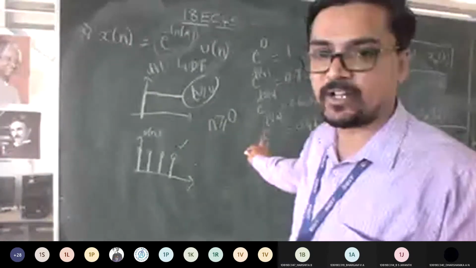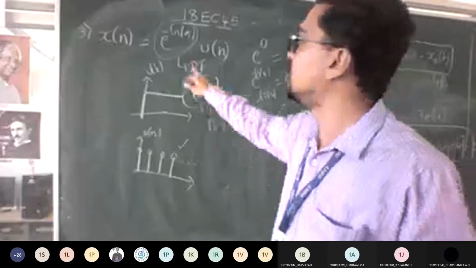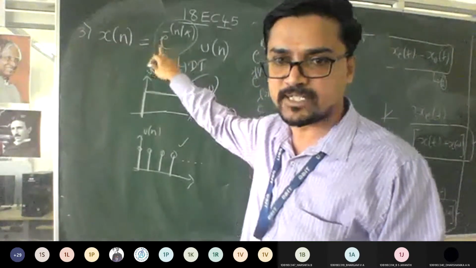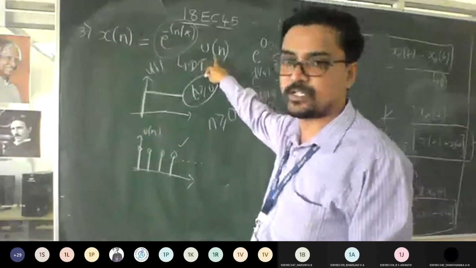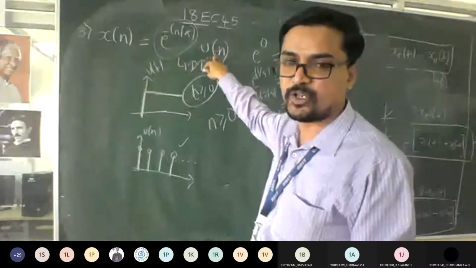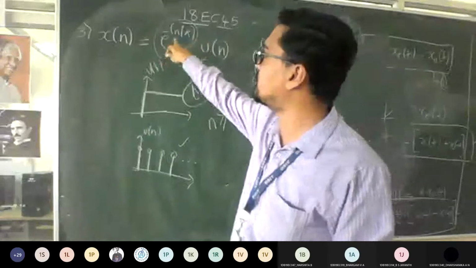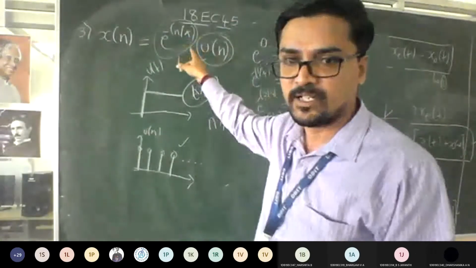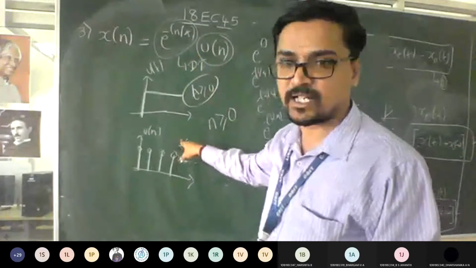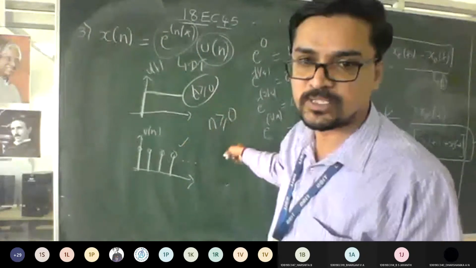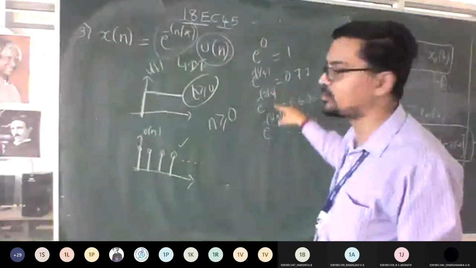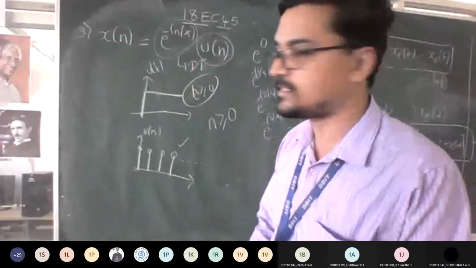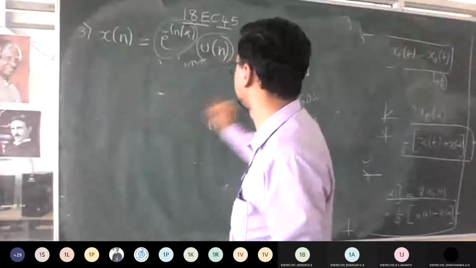So this is for your reference. See now what I did: in order to sketch the even function for this exponential term, I have chosen my u of n step function. So we know what value of n we should put in this exponential; that purely depends upon this unit step function. Since the unit step function occurs for n greater than or equal to 0, I can substitute 0, 1, 2, 3, and so on in this example to get samples. So after that, how does the waveform look now?